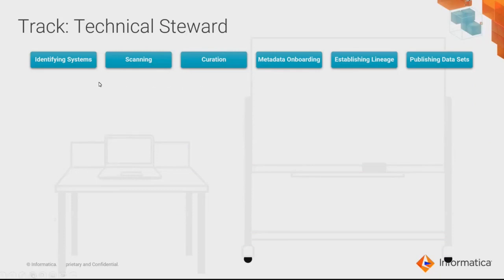From a governance standpoint, you would have things around how to identify the key systems and how to scan those systems. These will be much more technical around ports and pathways and security models, to be able to engage the secure agents against particular data sources. You'll also have the curation activity that we had in the data steward onboarding activities. The lineage is going to be a similar topic to what we had in the data owner, data steward track, as well as publishing.